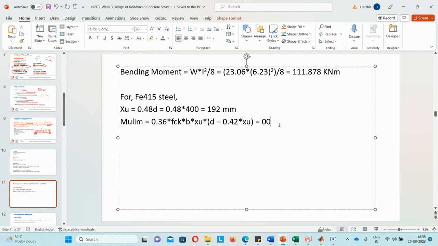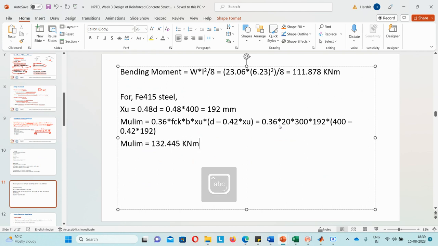Now substituting all the values, 0.36 into 20 into 300 into 192 into 400 minus 0.42 times 192. So Mu limiting will come out to be 132.445